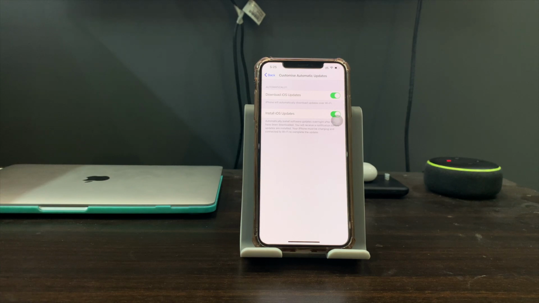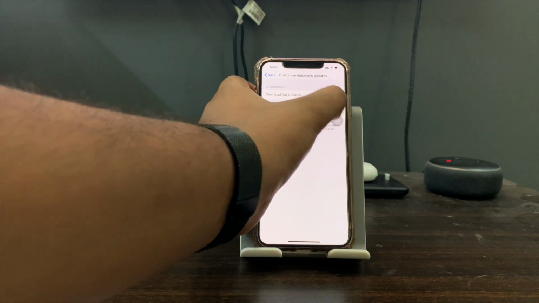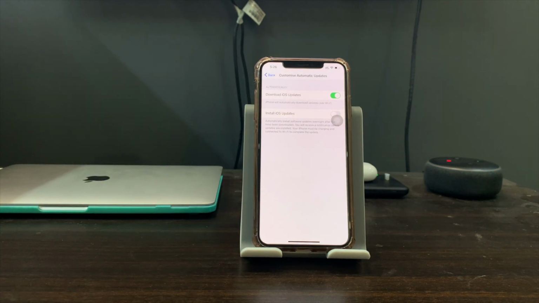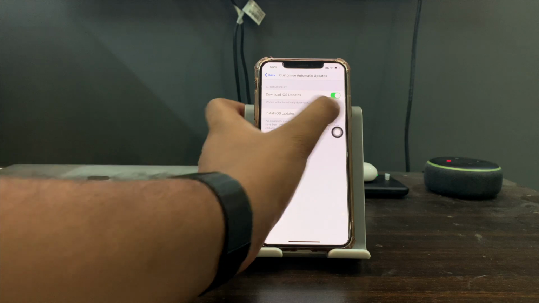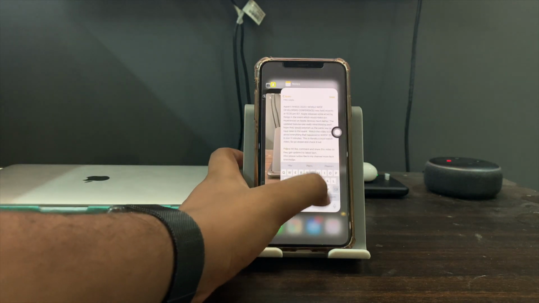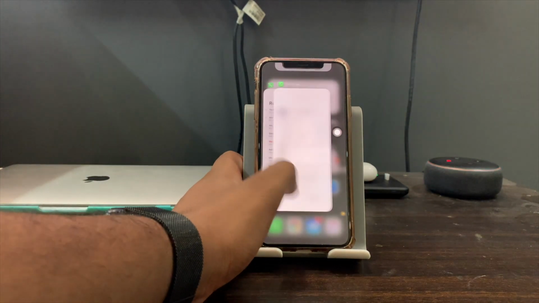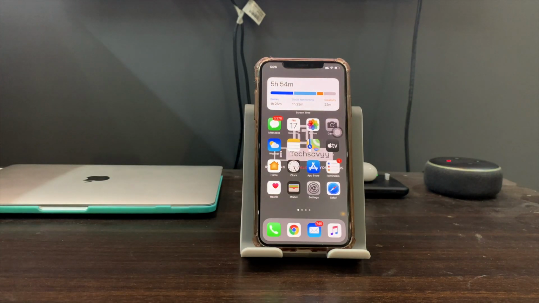So suppose I turn off install updates, now my phone will download the iOS update but will not install it automatically. I will have to manually install it. But if I turn this on, then my phone will install the update automatically.